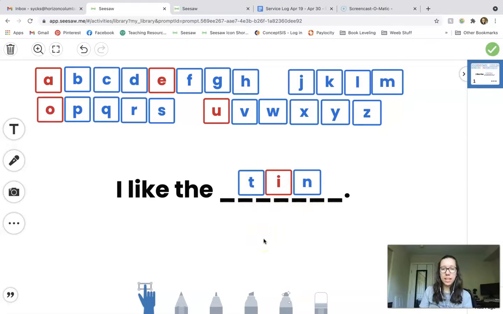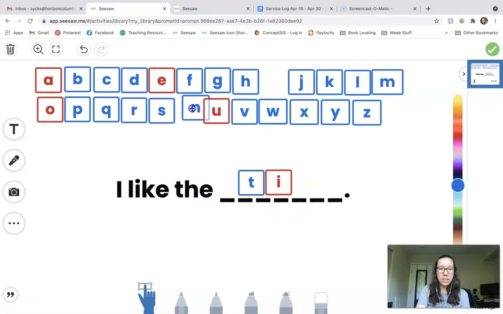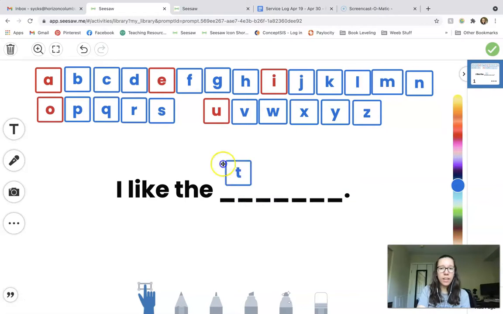Let's sound this word out together. T-I-N, tin. Great job. And now let's read our sentence. Start at the beginning. I like the tin. Great reading, friends. Let's get these letters put back, and then we'll do our next word. So the next word we're going to be doing is